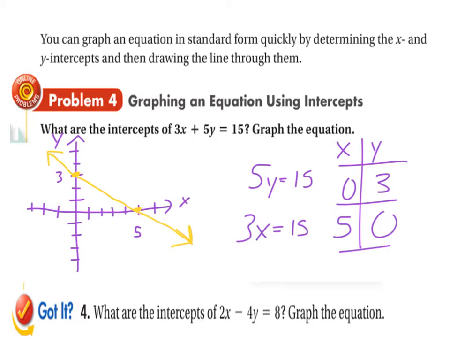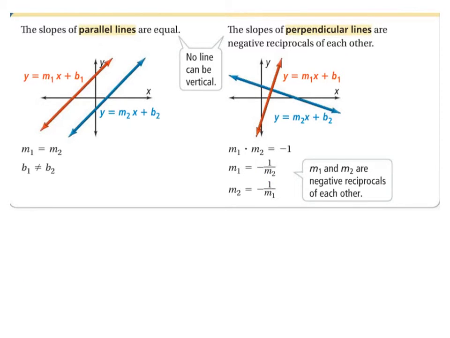Go ahead and try to graph 2x minus 4y equals 8. I don't think I'll take a look at that one, but again, give that one a shot to see how you can handle it. So parallel lines,